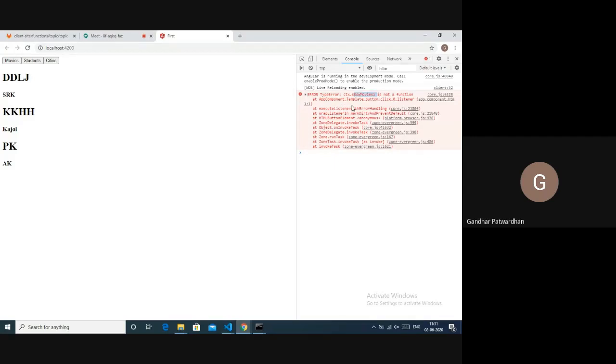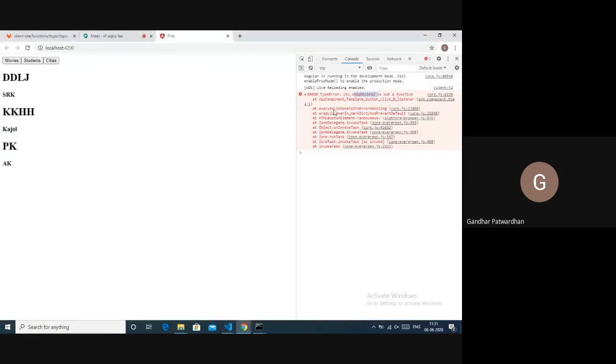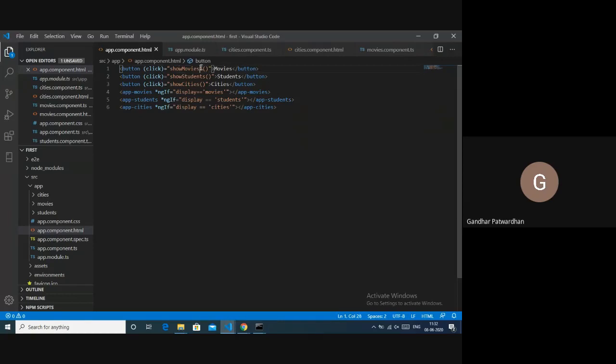So if you encounter such an error, ensure that you have the names specified correctly. This is a very common error which you might get many times. So I'll again move it back to show movies.